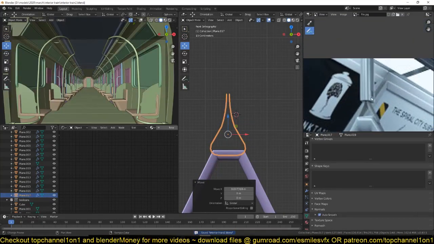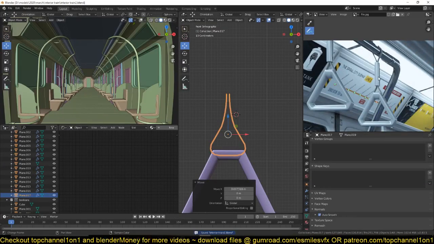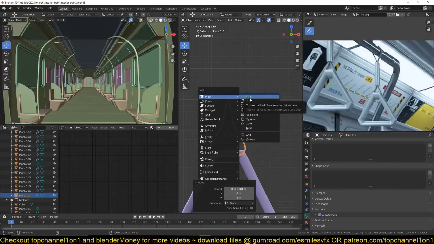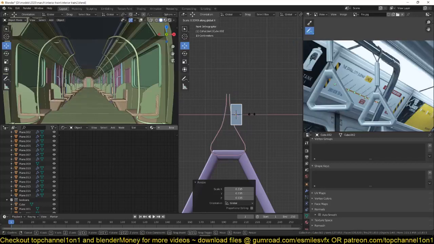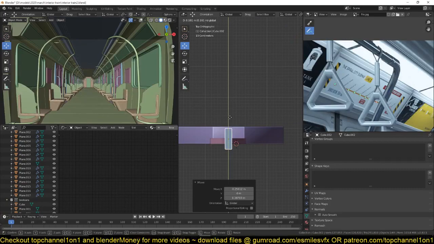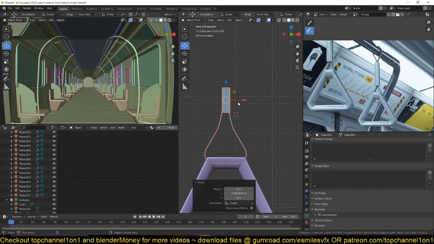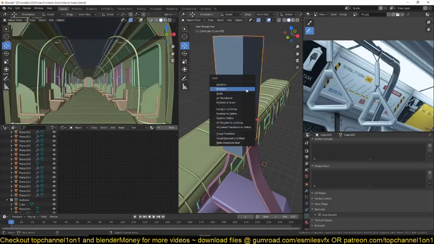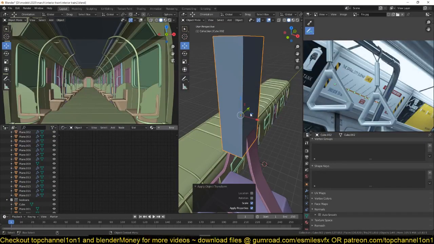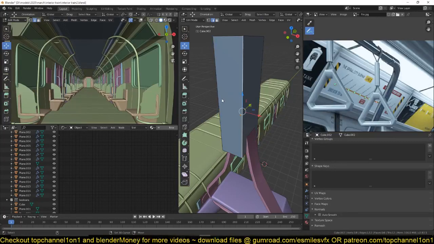Now let's create this here that ties things together. So for that, let's add a cube. Scale it on the x-axis, something like that. Now you can select this face. Let's also apply this scale. Now if we select these edges,